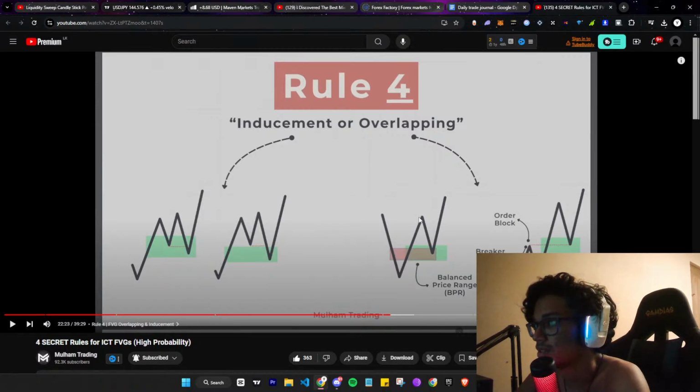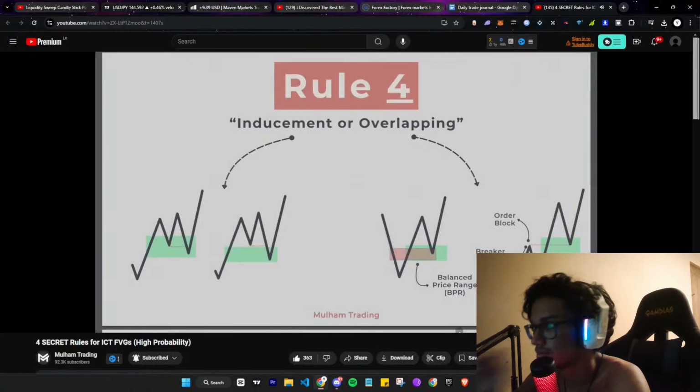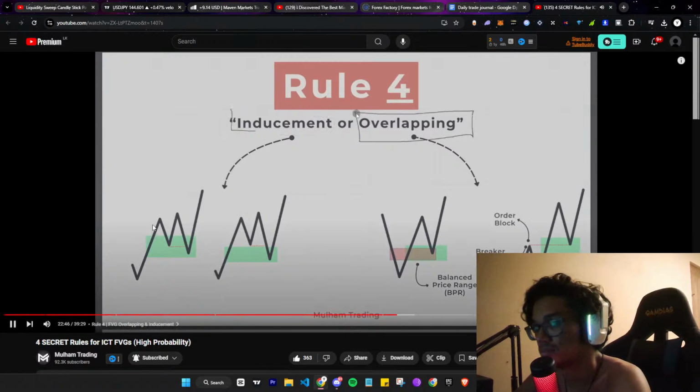So you have overlapping defenses, overlapping confluences like balanced price ranges, breaker blocks, order blocks, you name it. It supports price to go higher, or it pushes price lower, for example. When we have multiple lines of defense overlapping or happening at the same time, there's going to be a higher probability. In other words, multiple confluences at the same time. That's how you get high probability conditions. The fourth rule says that we need to have an inducement or an overlapping to